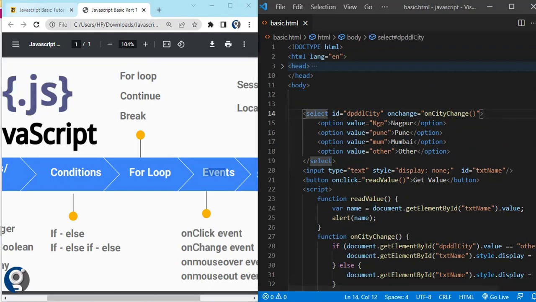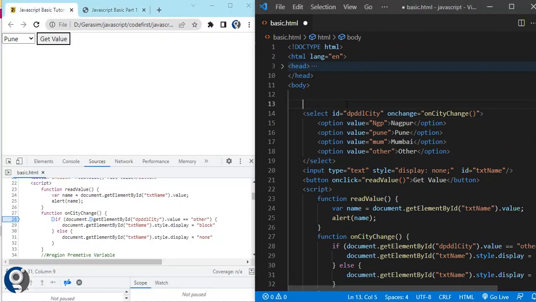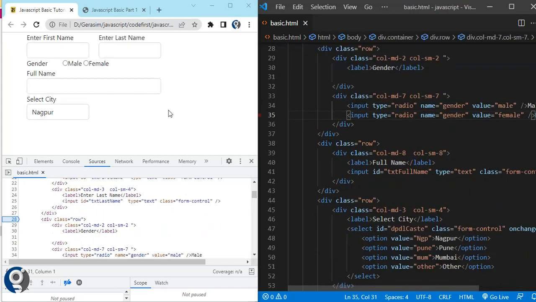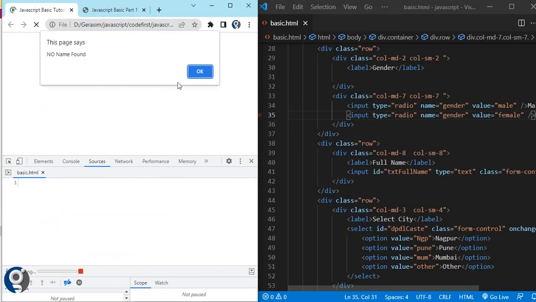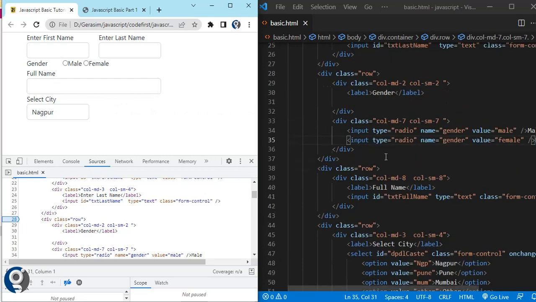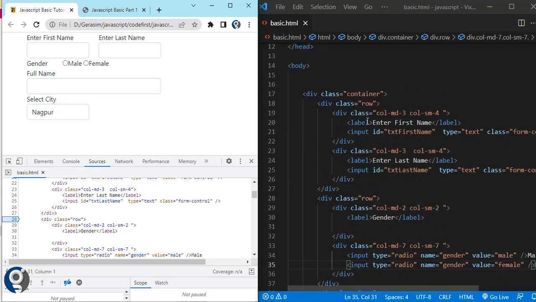Let's say we have a label. Let me create a bootstrap grid. So I have just created one simple bootstrap form. Here you can see we have certain labels. Now if I am hovering my mouse on this particular label, on gender, on full name and select city, I need to add some background color to that, and once I remove that, the color should be gone away. So for that we need to add an event,